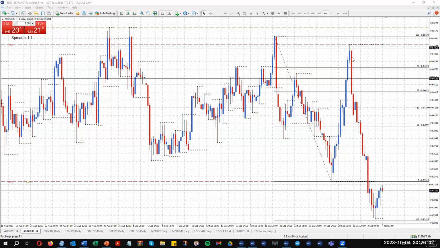Now, what I wanted to point out here as well, just to continue your learning, as we did hit up here, what I did notice was, having a fib tool, you could obviously have a fib tool across that range, but there was another fib point in here, in that